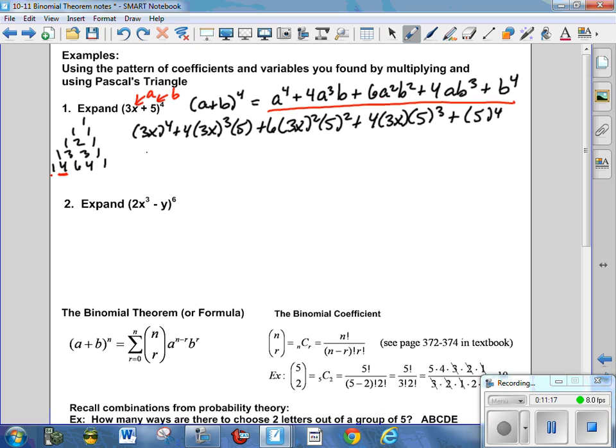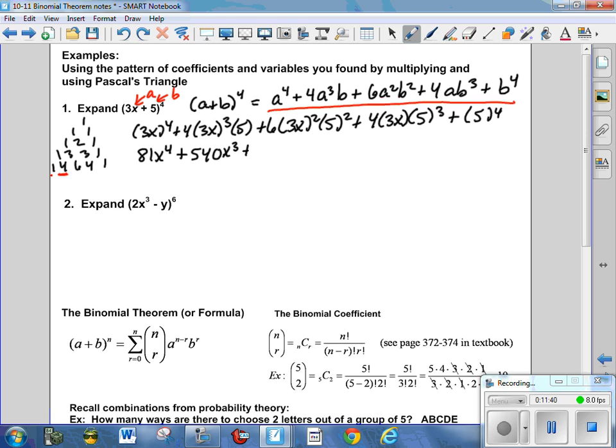So 3x to the 4th is 81x to the 4th. You think, how do I know that? Because I'm brilliant. 3 to the 3rd is 27. 27 times 4 times 5, I think that turns out to be 540. Let me look at my notes. That would be good. Yes, indeed, 540x